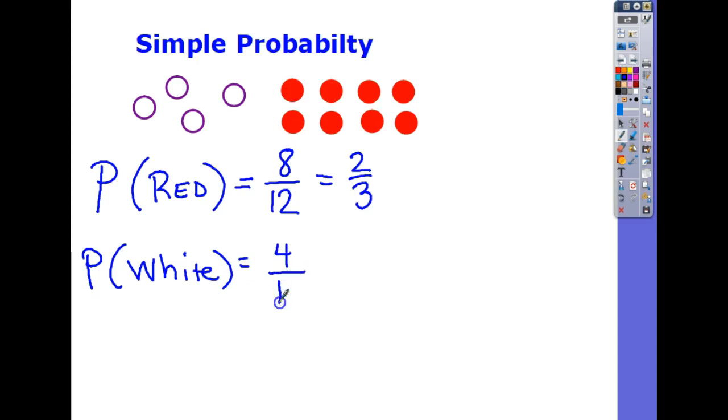How many marbles in all? It's part out of whole. Reduced by 4. What is my probability of drawing a yellow marble? Do I have any yellow marbles? So the probability would be